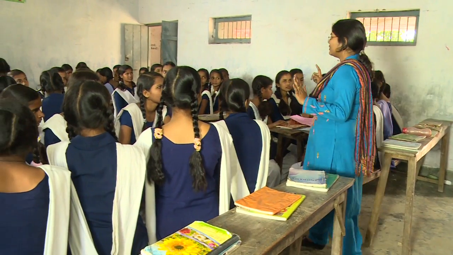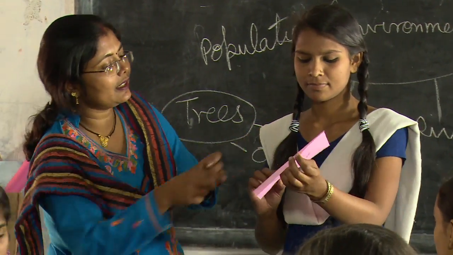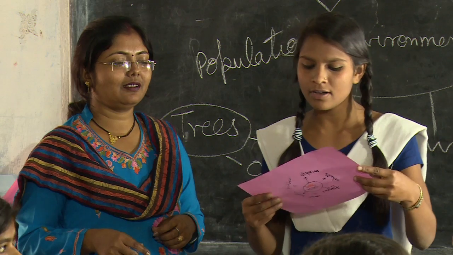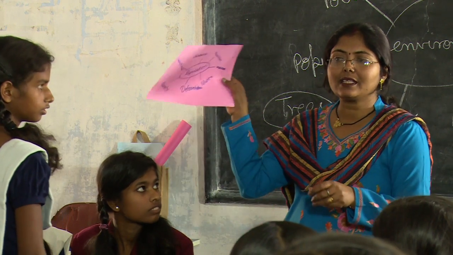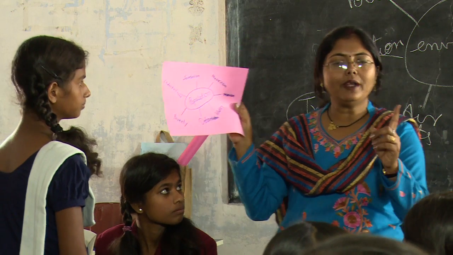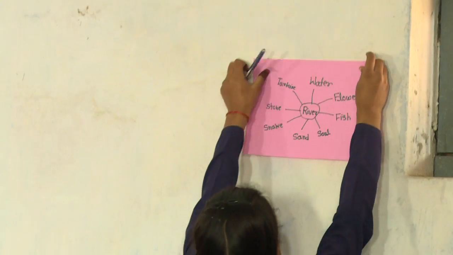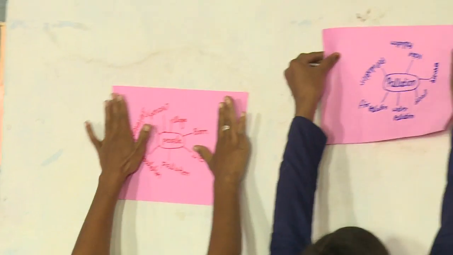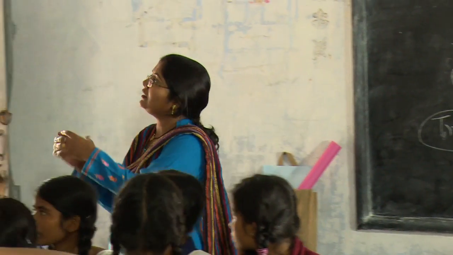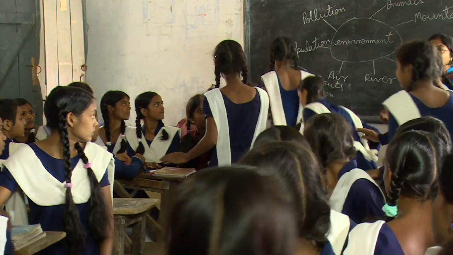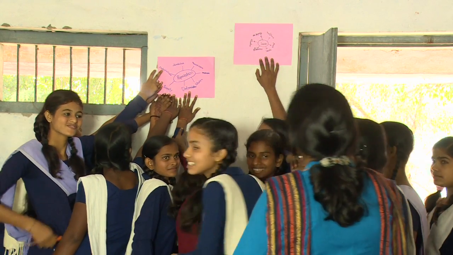Which group will come and show their spidergram? Show it. Read it. What words are there? Flowers, fruits, wood, oxygen, medicine. Okay, very good. So all of you have made like this spidergrams? Yes, ma'am. One person from each group stand up and paste it on the wall this side. In groups you come and each one group will stand together and see the spidergram, then move to the next one. You stand up and you see other spidergrams. So, just look at it.